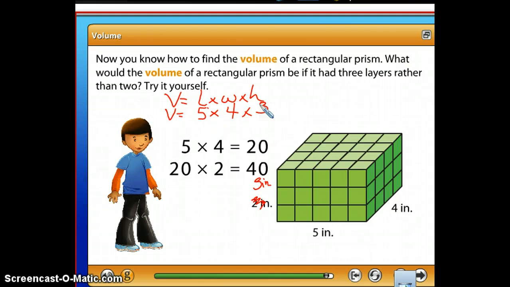Okay, so now we can multiply. 5 times 4 is 20. 20 times 3 is 60. 60 what? Say it again. They showed you where they wrote the word cubic out. And then inches. You could also write